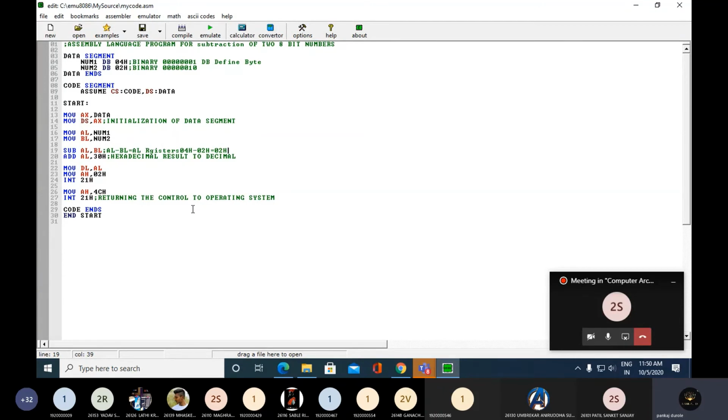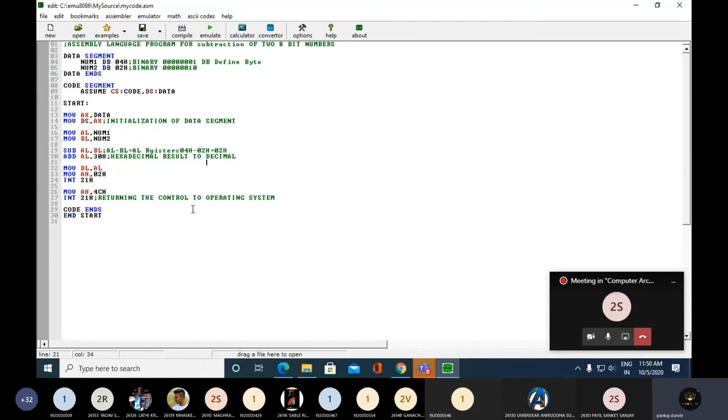Now, the end user does not want the hexadecimal contents; I need the data in decimal. For that purpose, we need to write the instruction add al comma 30H. This is the fixed value. If you add it to the al register, the hexadecimal result will be converted into a decimal result.